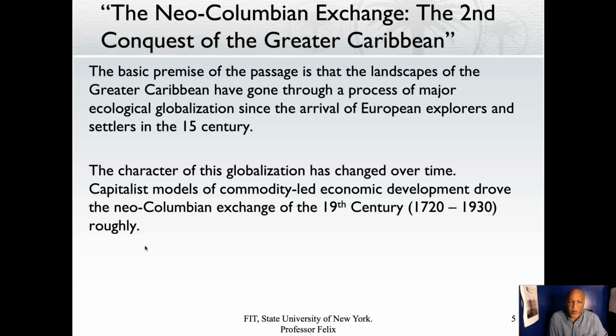Globalization is nothing new. It has really accelerated at this present time, but it has marked life in the Caribbean. Life in the Caribbean is characterized by globalization. So from the beginning of the first Columbian Exchange, you had this huge globalization, right? And we said before that disease was a very important factor. Today we're living through this pandemic, right?